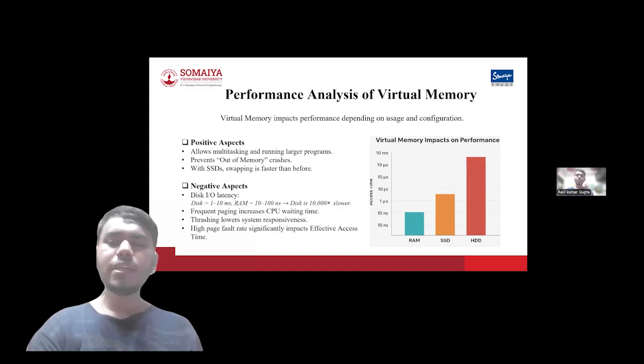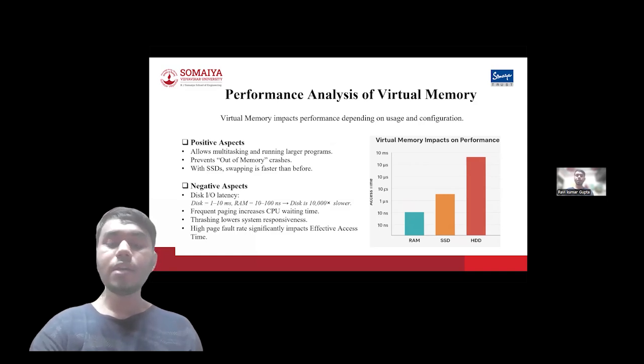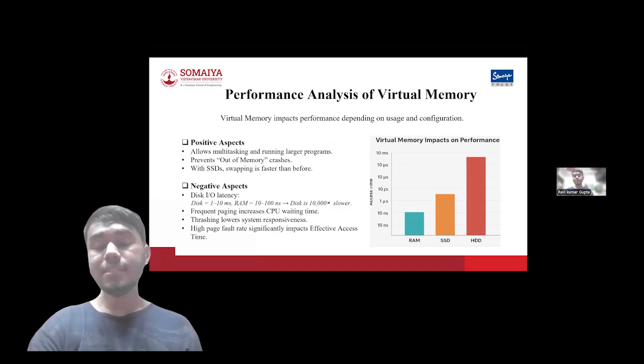However, there is a negative aspect also. The main issue is speed. Disk access is much slower than RAM. To give an idea, RAM works in nanoseconds, while disk access takes milliseconds, which means the disk is 10,000 times slower. Because of this, frequent paging can increase CPU waiting time and cause thrashing, where the system spends more